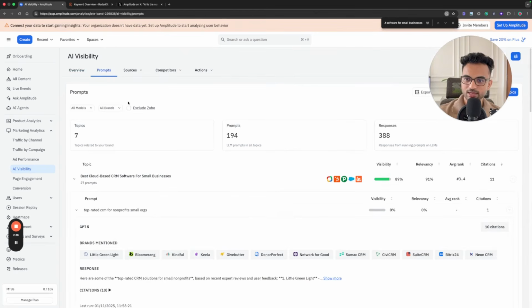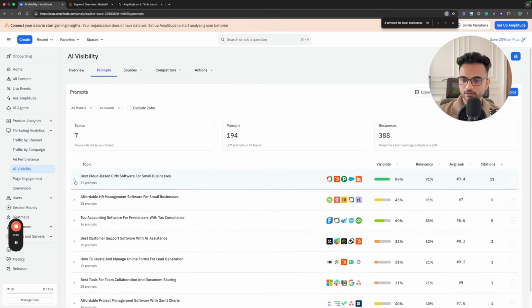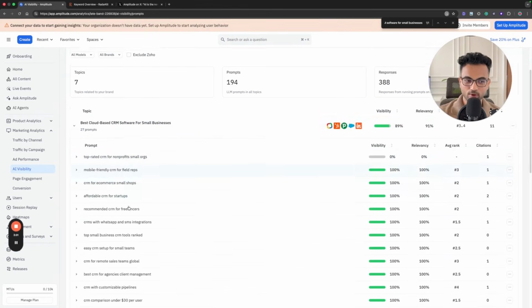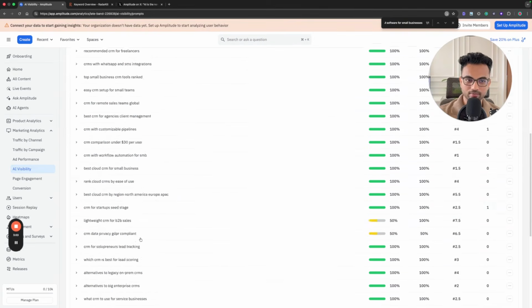In the prompt section, you can bifurcate by competitors as well as by models. They currently support 4 models, and you can also click on exclude Zoho, so it will exclude Zoho from all the prompts and the responses. Here the bifurcation is actually a little difficult to understand. If you see topics, there are 27 prompts which are automatically added by them,